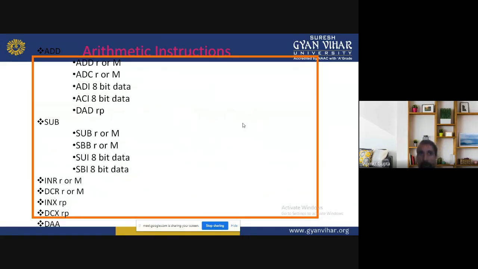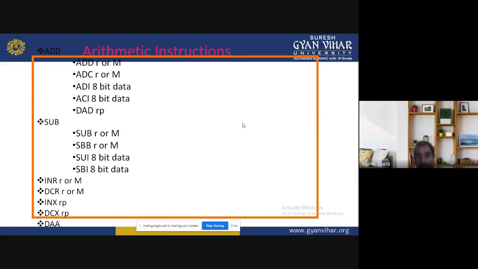In these operations, flags are also changed. The status register also changes, because when I am doing the addition, a carry may or may not be generated. Where do I get the carry? The microprocessor handles only 8-bit data, it doesn't show more than 8-bit data. So the carry will be shown in the flag register.